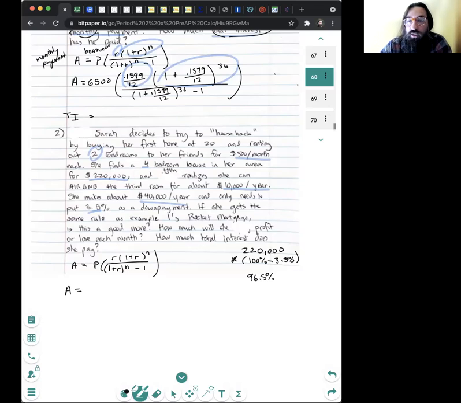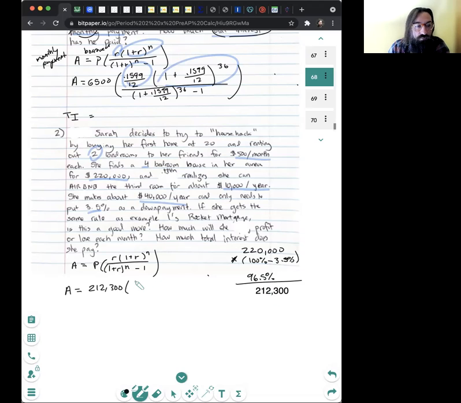And so she's borrowing 96.5%. So that's 220,000 times 96.5%. So what would that amount be? And it's going to end up being $212,000. So she doesn't have to put a lot of money down because she's using the FHA type loan, which is a real thing that she can do. So she's borrowing 212,000. That means she's responsible for, I guess,